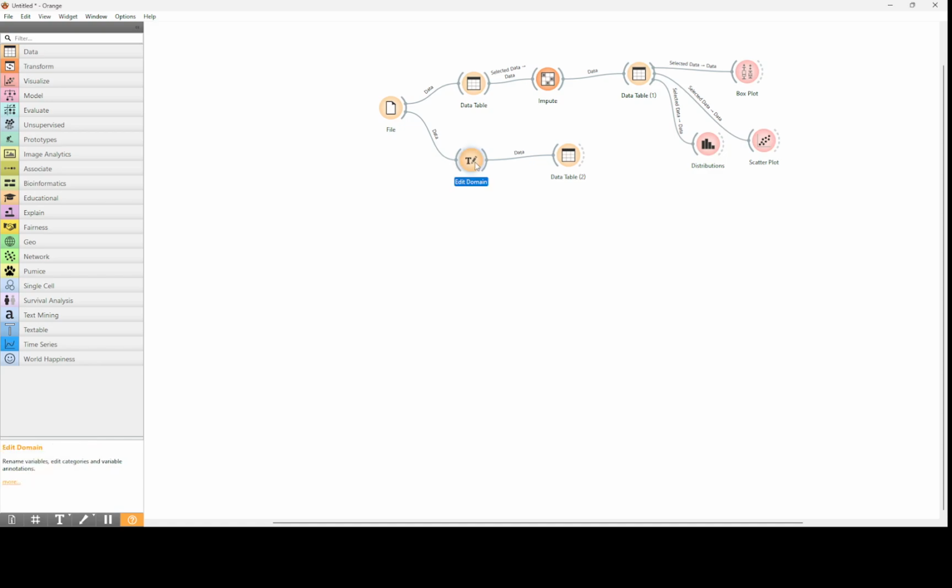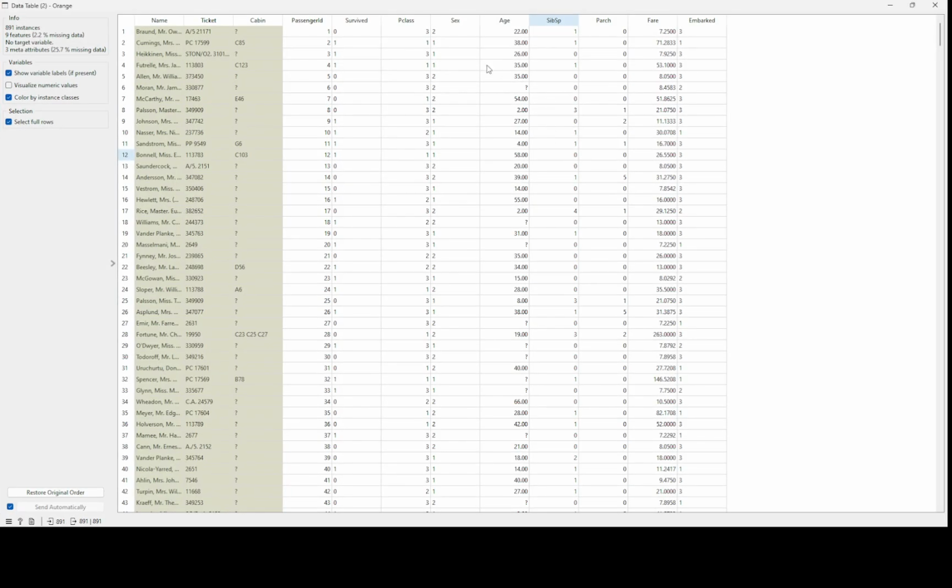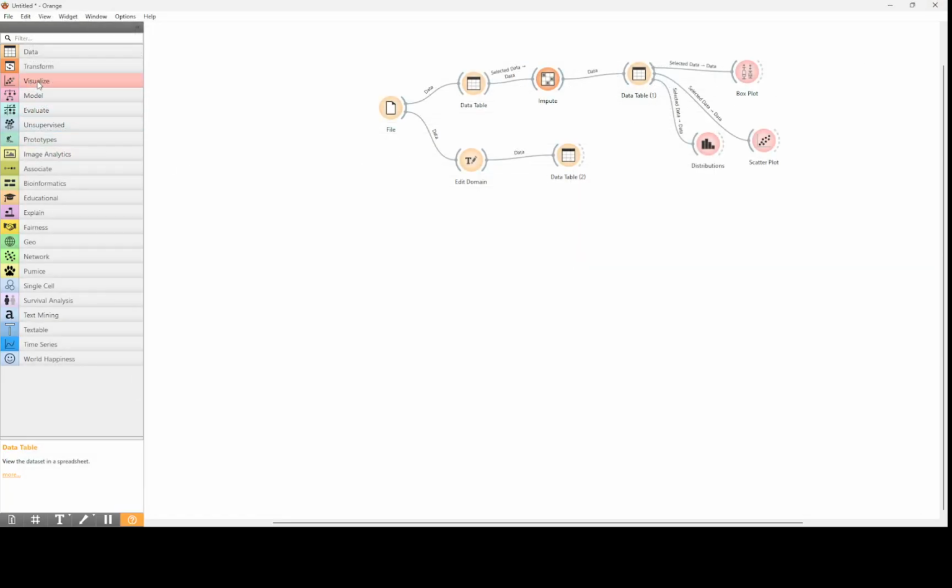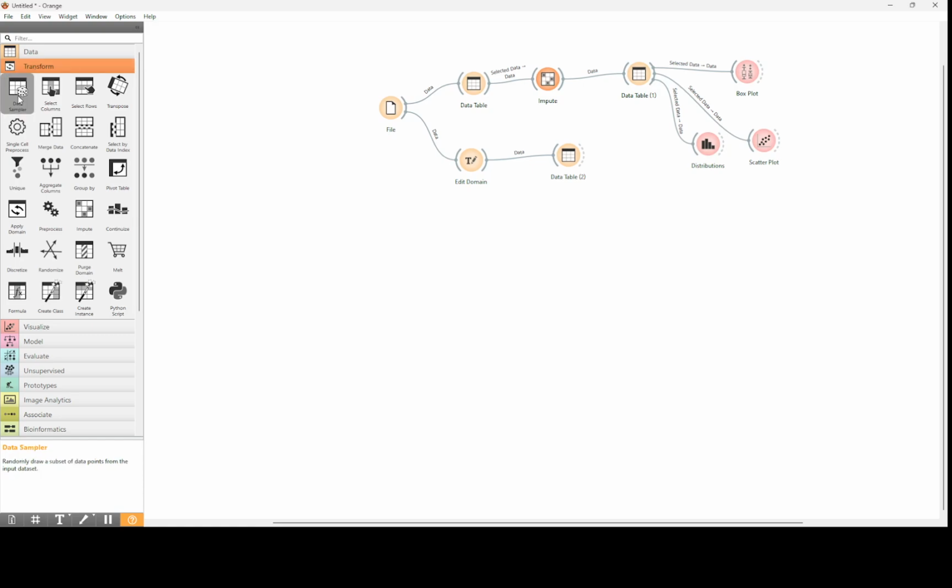So after converting the values into numerical values, the next thing is we have to divide this data set into a training data set and a testing data set. For this purpose, we use the Data Sampler widget.